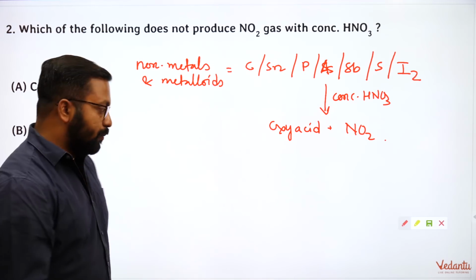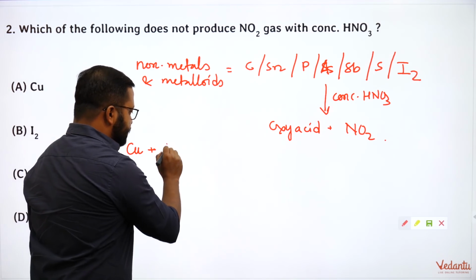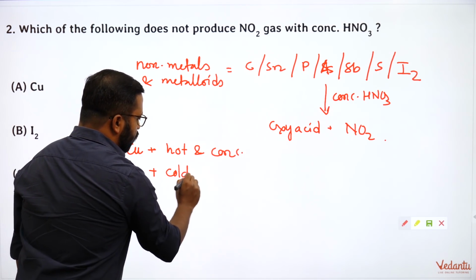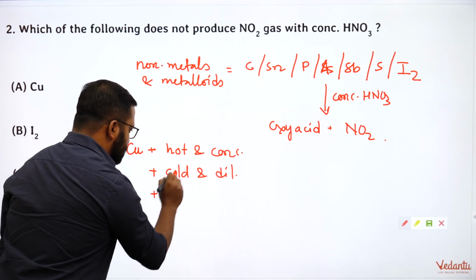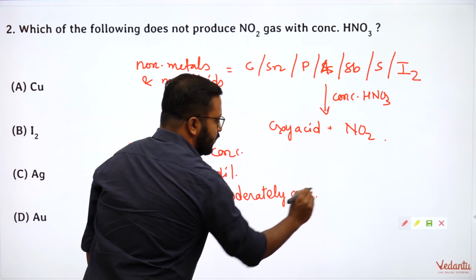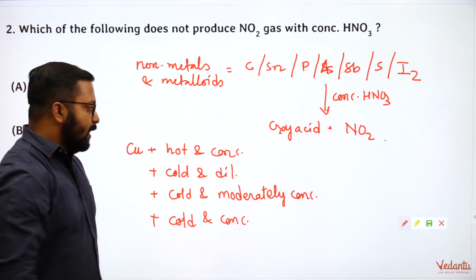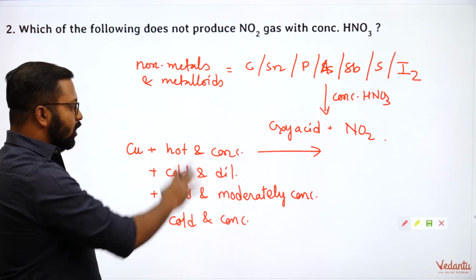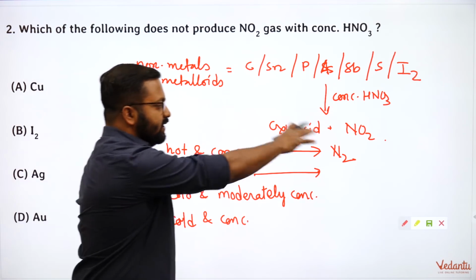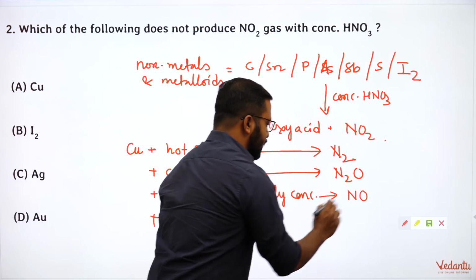So let's observe it for copper. Copper reacts with nitric acid under 4 different conditions: hot and concentrated, cold and dilute, cold and moderately concentrated, and cold and concentrated. All of these are reactions with nitric acid, so I'm not rewriting nitric acid. With hot and concentrated nitric acid, the nitrogen containing product is N2. Cold and dilute, it will change to N2O. This will change to NO, and this will change to